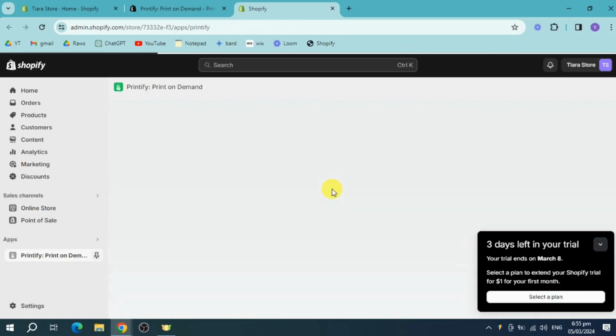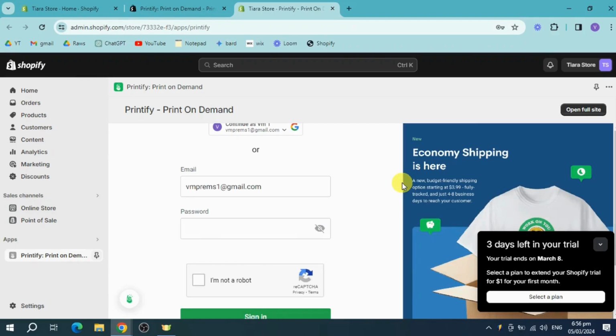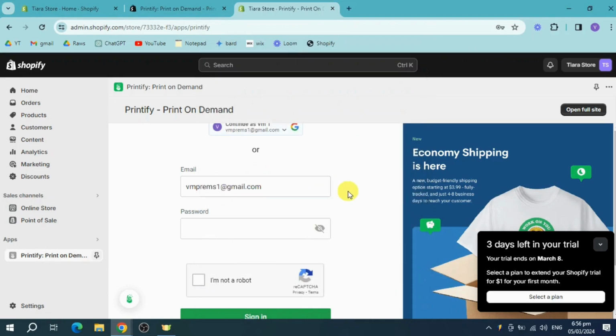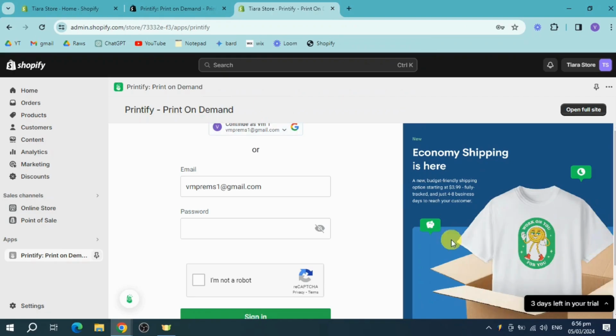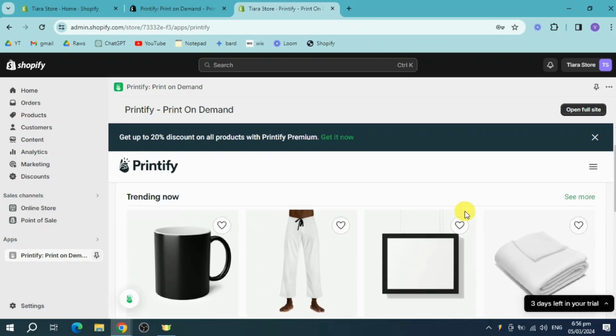Now, what we can do, as you can see, it's already been selected, and we can now see some settings that Printify has in store for our Shopify store. So we can just wait for this to finish the loading process. And in here, you can see that it will ask you to log into your Printify account. So I will just continue using my Google account right here in order to fasten the process of teaching you. So in here, I have logged in, and we have now this option in order to start the